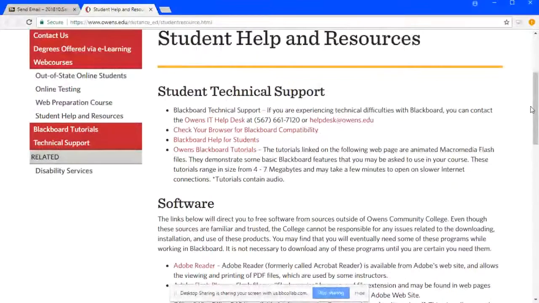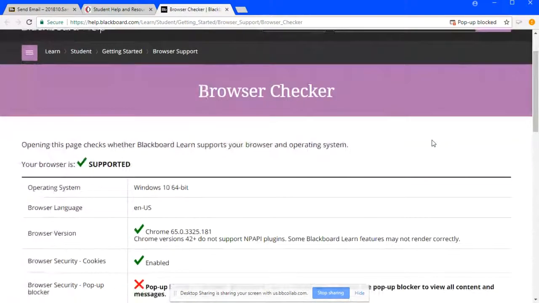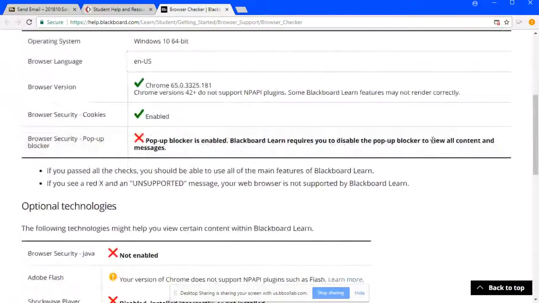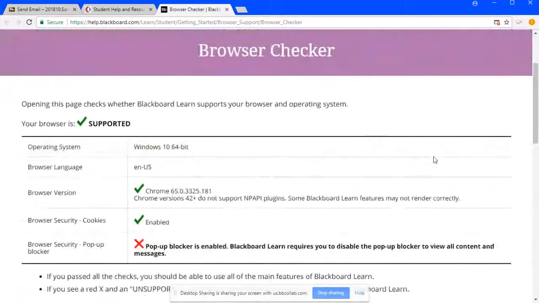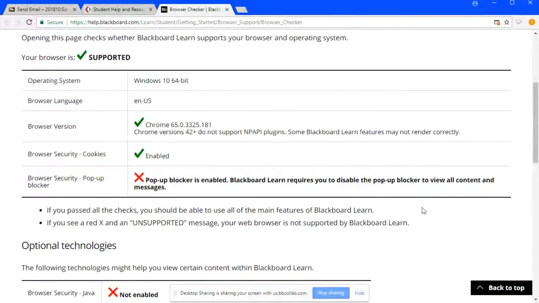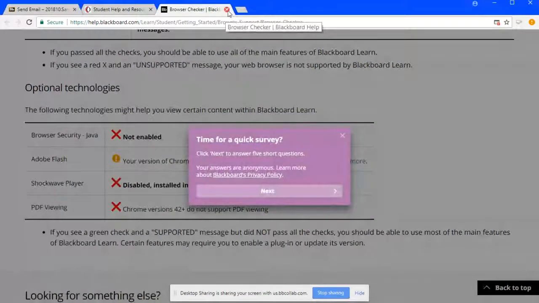We've put technical support on top, and students are able to see a hyperlink to checking their browser's compatibility in Blackboard. If a student clicks on this, it opens up a new page in Blackboard where they will be able to see if their browser passes inspection, and it will work well with Blackboard. Otherwise, it provides information on what you can do to help bring your browser more in line with Blackboard itself.